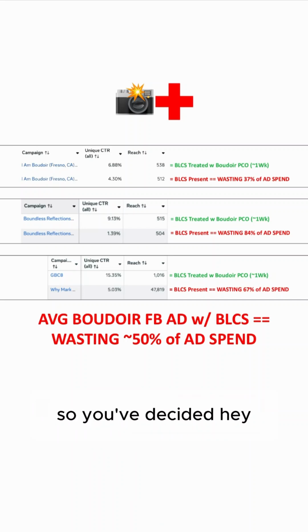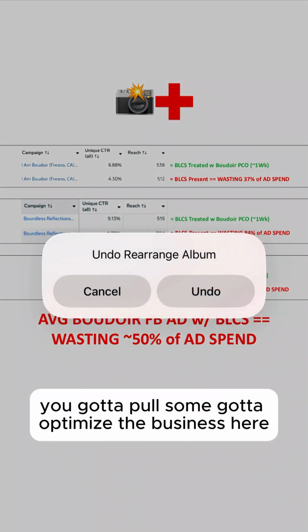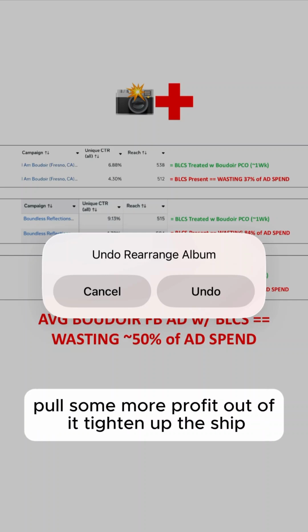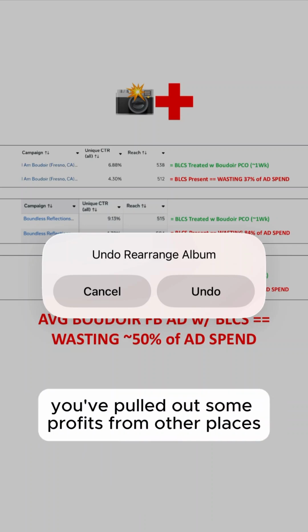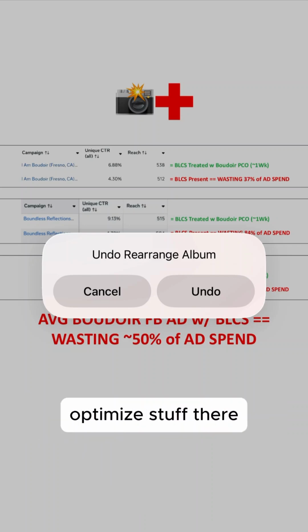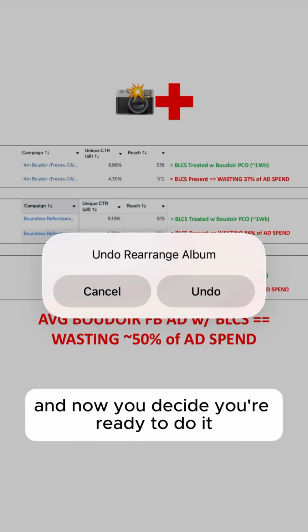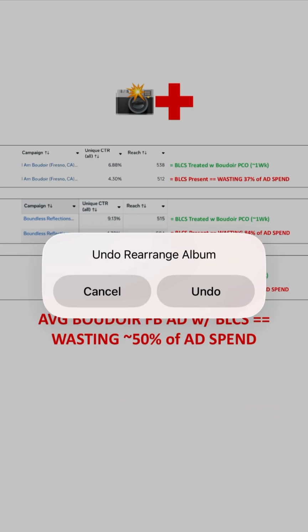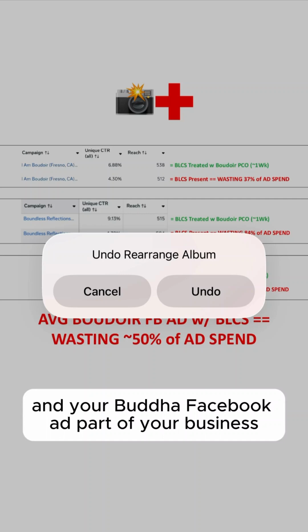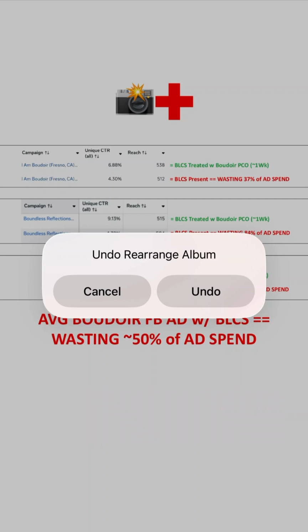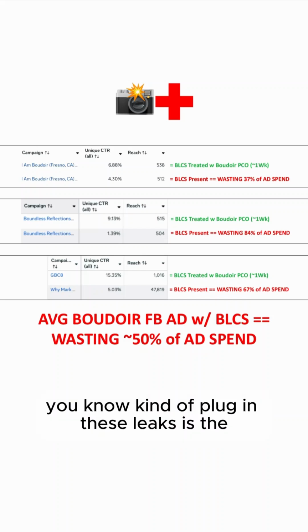Living costs go up, so you decided, hey, you got to optimize the business here, pull some more profit out of it, tighten up the ship. So you've pulled out some profits from other places, optimized stuff there, and now you decide you're ready to do it in your Boudoir Facebook ad part of your business,